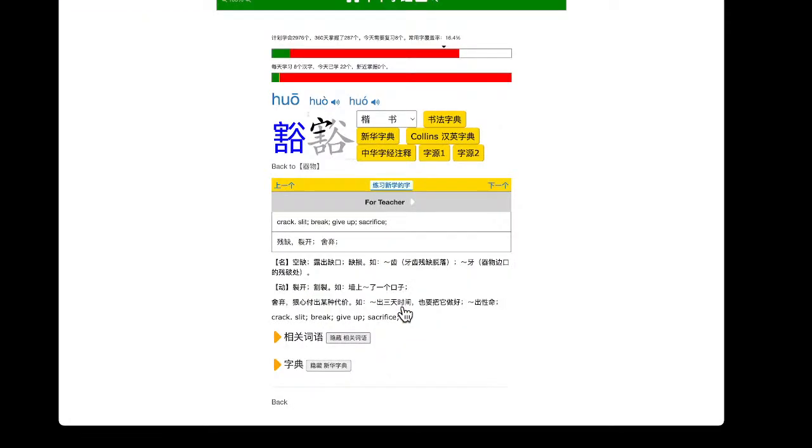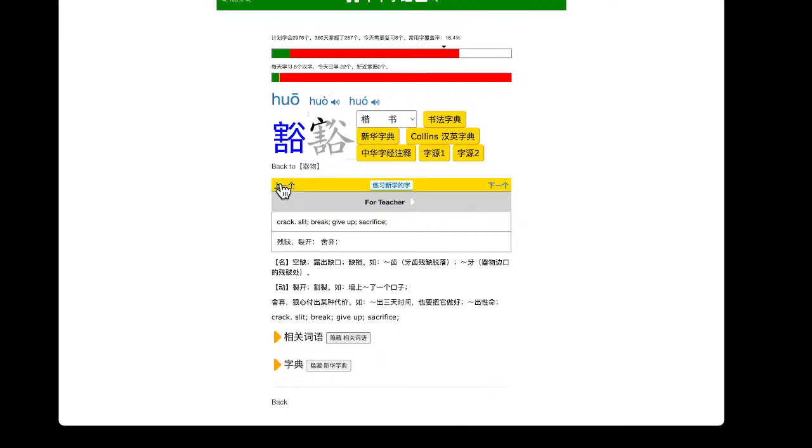Next one is 火, or 火, or 火. This one's got like a bazillion different meanings that are all still in use. So firstly, 火 can mean crack, slit, or break, or give up, or sacrifice. Sacrifice in the sense of some kind of service to some goal that is so important that nothing else matters. That sort of spirit is what's going into this